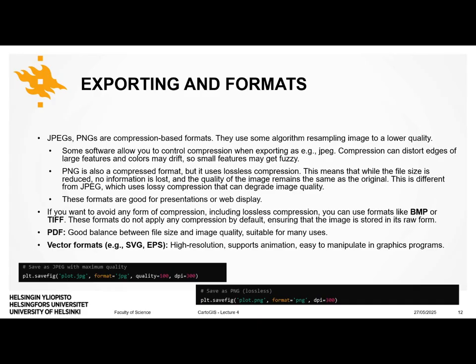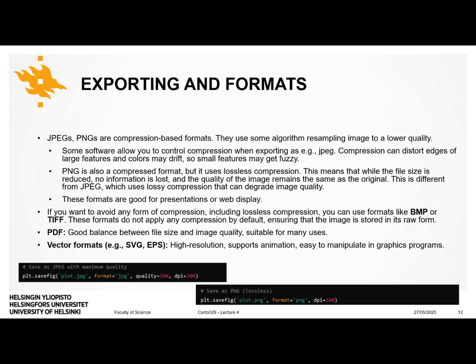If you have a website and precision is not super important for you, you just want the website to load quickly, then JPEG can be a good solution. A good file format, but generally it's not recommended because you lose details. But if you still want to go with compression, if you want to make the file smaller for whatever reason,